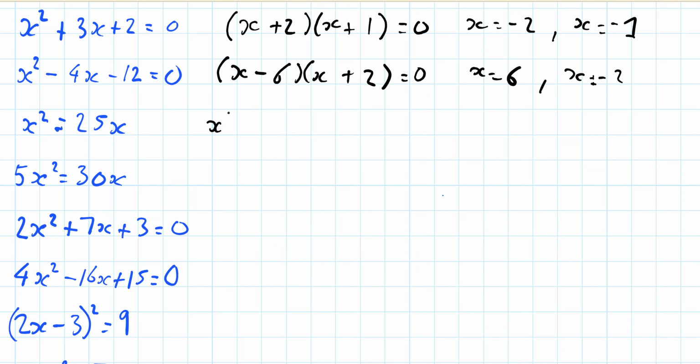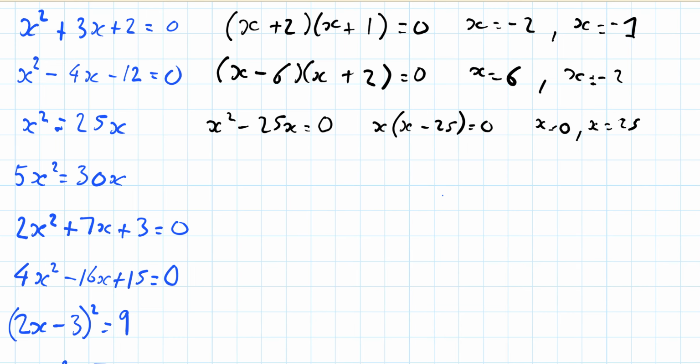So x squared minus 25x equals 0, and now we factorize, take out the x, we are left with x minus 25 equals 0. So x equals 0 and x equals 25. Okay, so next up, same thing,